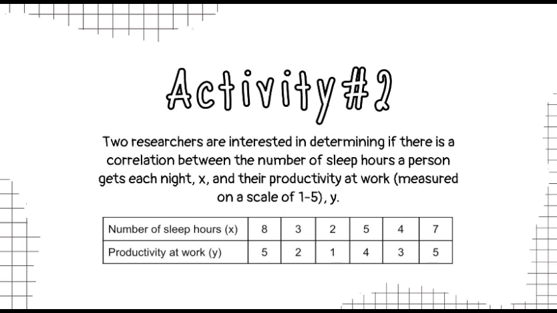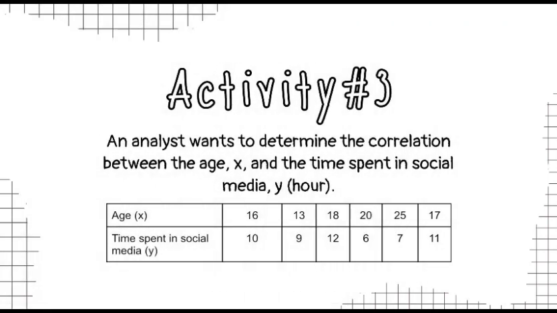is a correlation between the number of sleep hours a person gets each night and their productivity at work. And for the last activity, an analyst wants to determine the correlation between the age and the time spent in social media. For our activity number 1, our X is the hours spent exercising and our Y is the amount